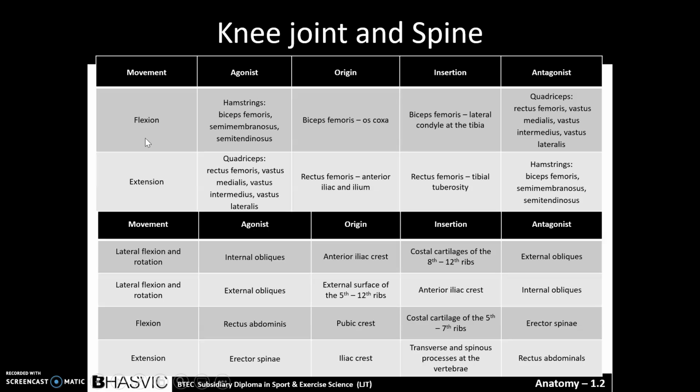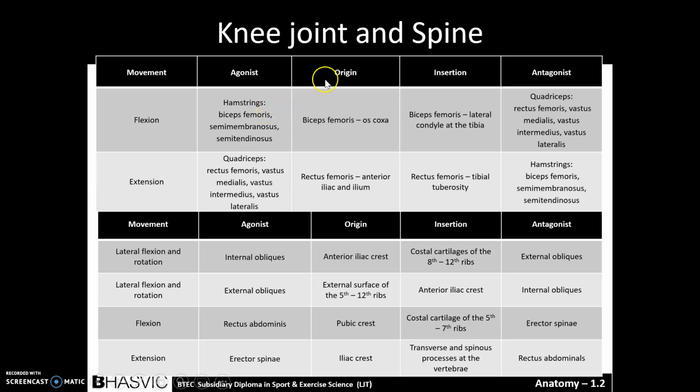At the knee joint, flexion would occur with the agonist being the hamstrings. The hamstrings include the biceps femoris, the semimembranosus, and the semitendinosus. And the origin of the hamstrings, the origin of the biceps femoris,